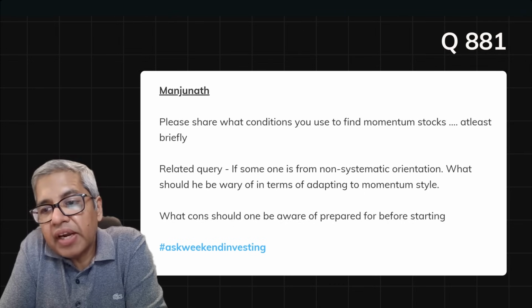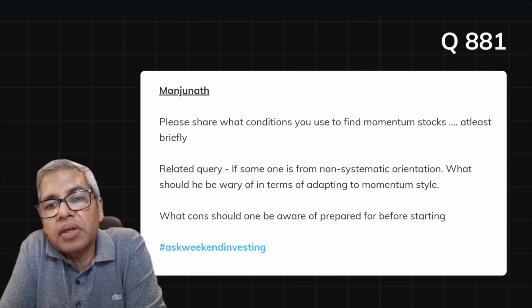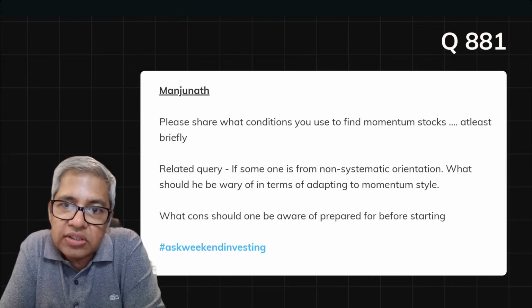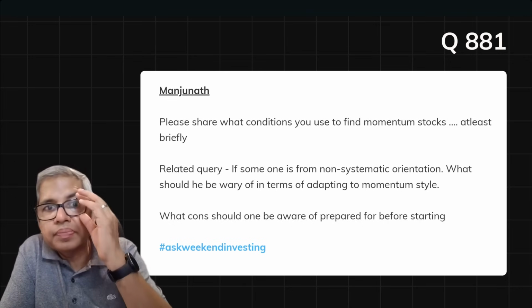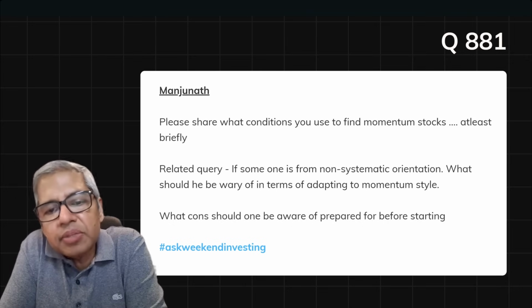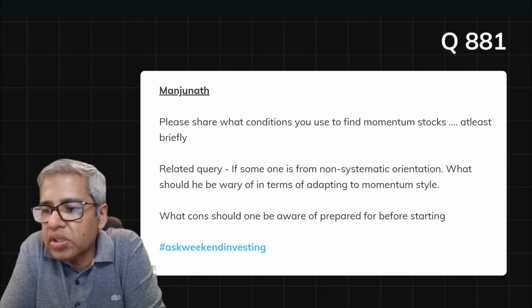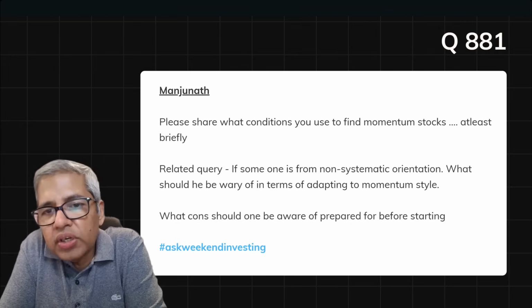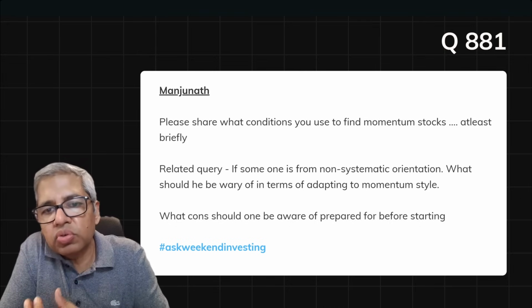But the fact is that if you are following a strategy, then you have to accept that perhaps 50% of its trades will go right, 50% of the trades will go wrong. But the key part is that over a longer period of time, the 50% of gainers that you will have will make you a lot more money than the small losses that you will have on the other side. So the math needs to be understood because it is a math based solution. I mean, you are using price, volume, etc. for your filtration, but eventually it comes down to the math behind it.